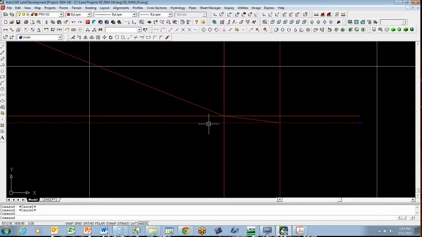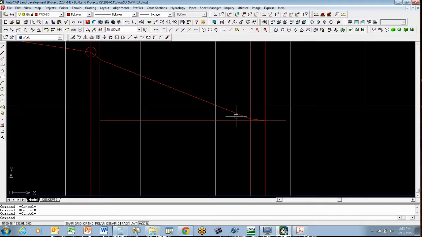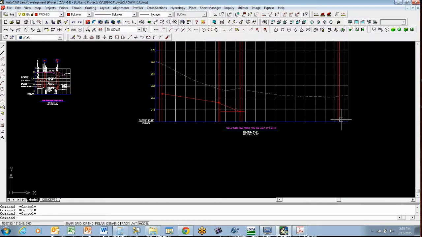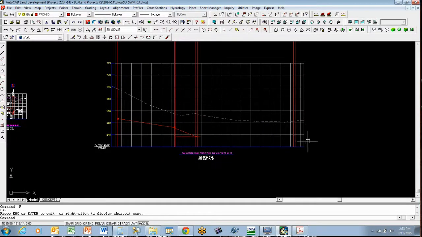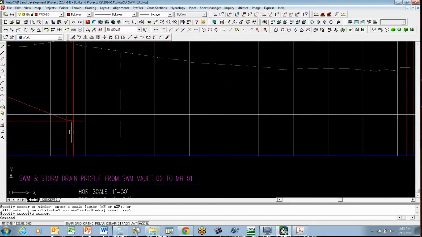Okay, so now we'll just erase that, and the next elevation that we're going to go to, way down here at manhole number 1, the next one, that elevation is actually 241.13. So we're going to be going essentially from this elevation, which is 244.18, down to 241.13. So go to our calculator again, and we'll type in